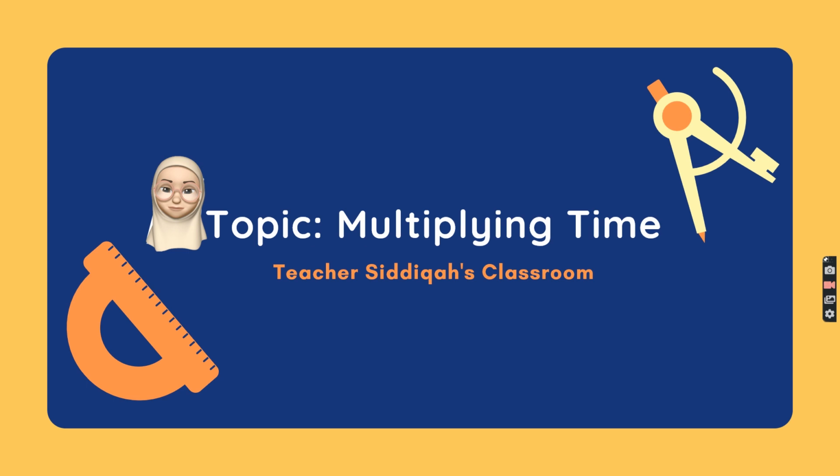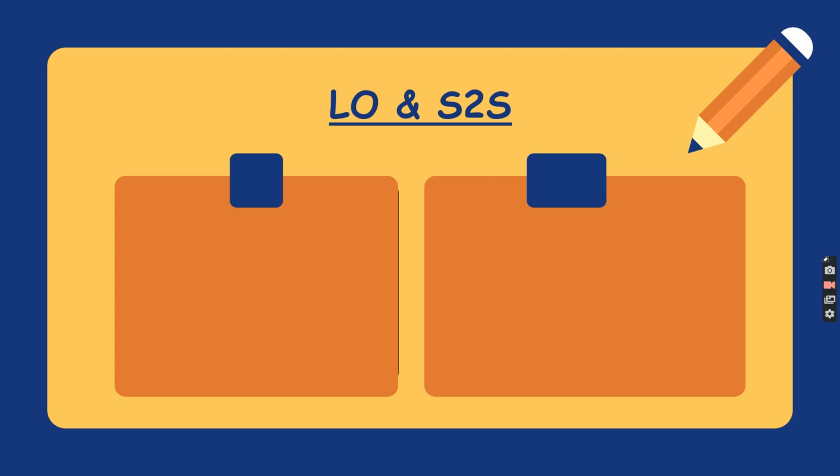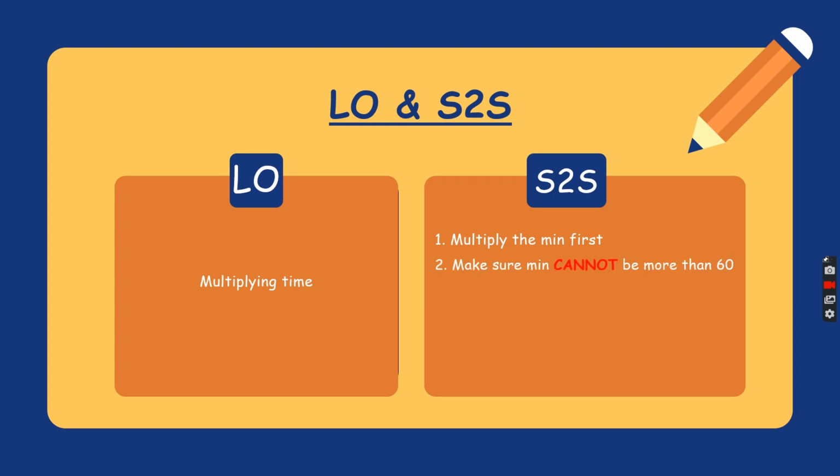Today we are going to be multiplying time. So our LO for today is as simple as multiplying time. And our S to S for today, the first one, is we're going to multiply the min. Like I said from our previous lesson, min is the short form for minute. So we're going to multiply the minute first, and then we need to make sure that minute cannot be more